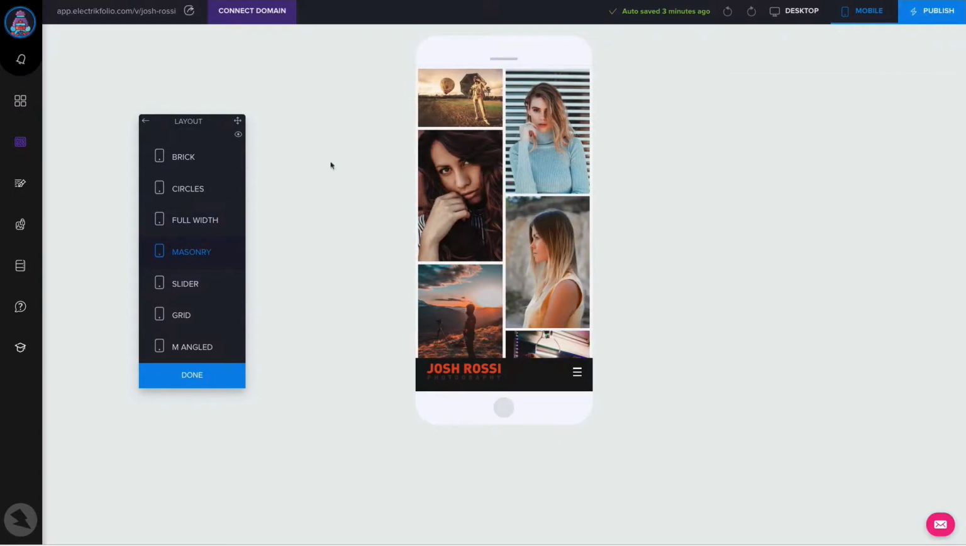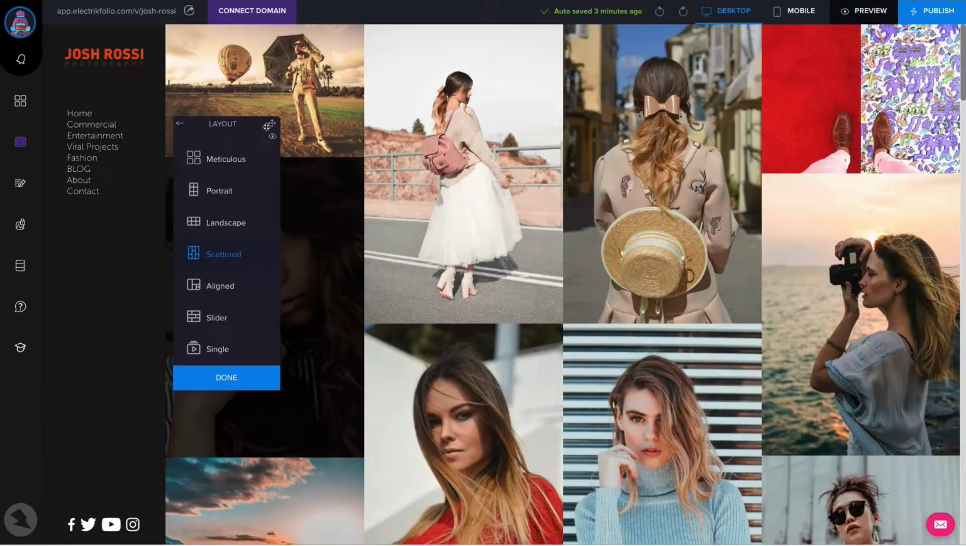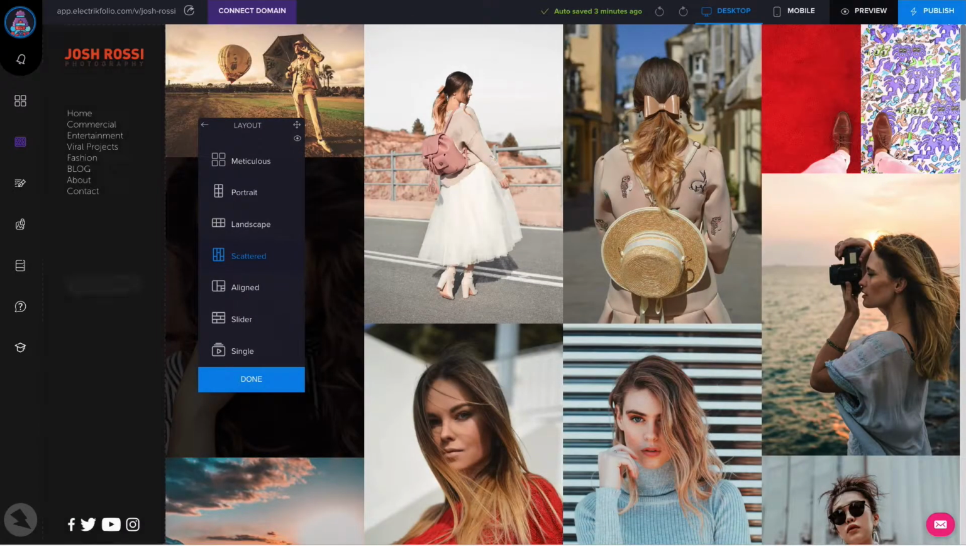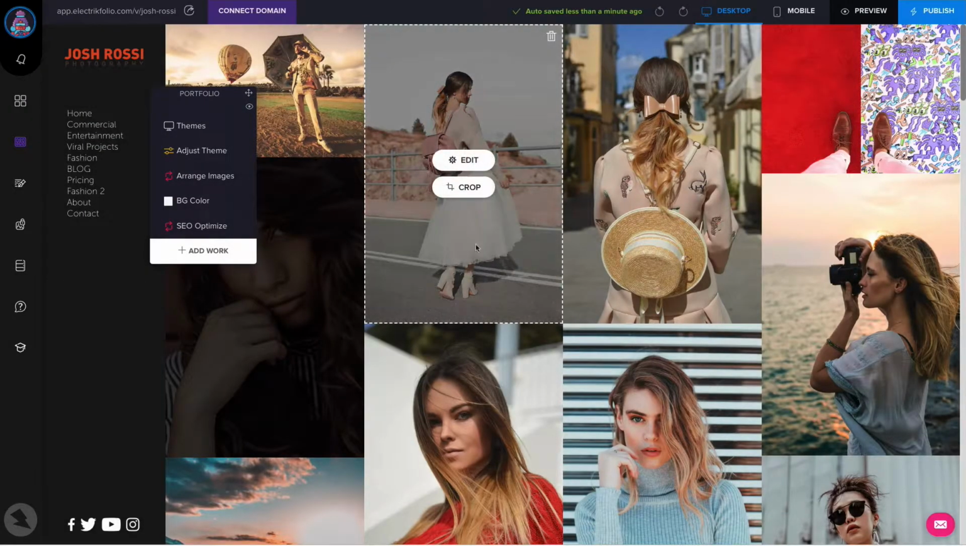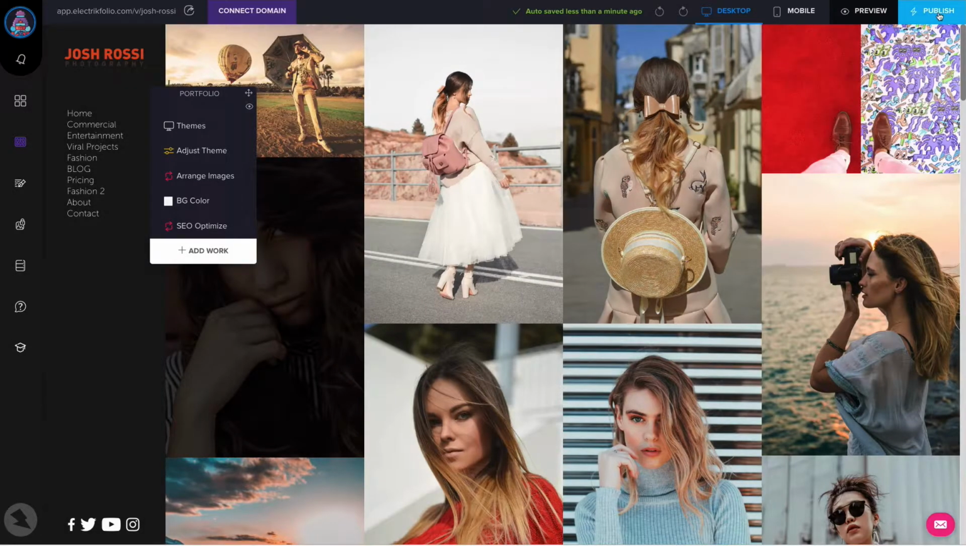So once you publish, then your page will show up over here in this section. I'm just going to refresh, and it should show up right over here. See, fashion 2. Okay. If your gallery is not showing up here, it's probably because you haven't published it. So there you go. Other than that, your link is right here, so people can access it, and you can always connect your custom domain to Electrik, like